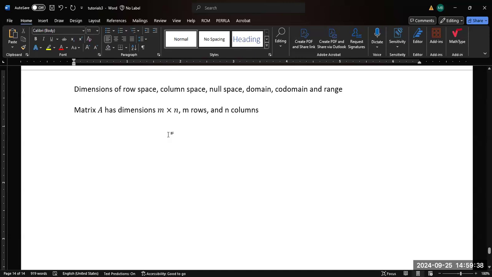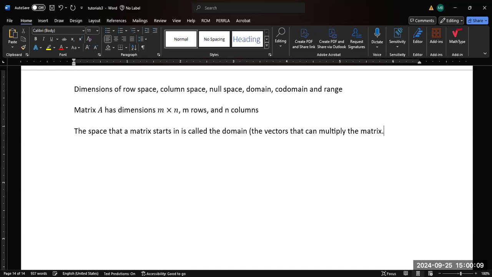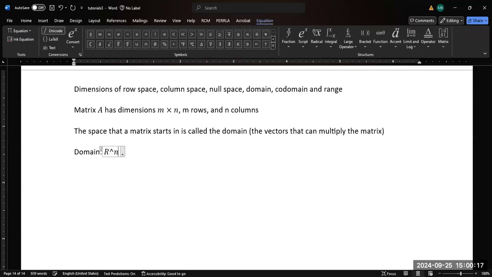Now, the first thing to keep in mind is the size of the space that a matrix starts in is called the domain. So the vectors that can multiply the matrix. So in this case, the domain is going to be Rn,